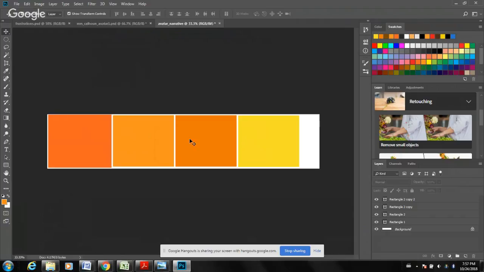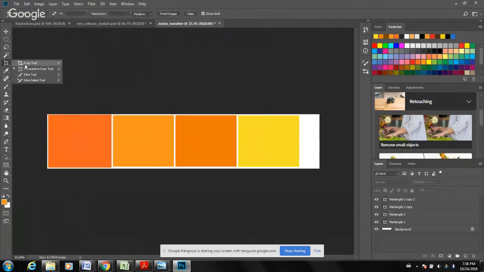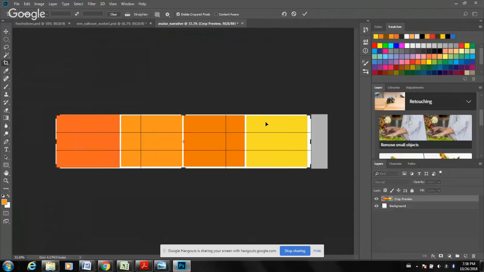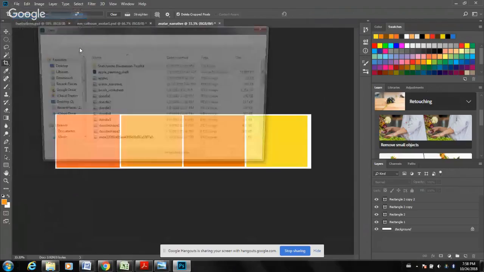These are all pretty much the same size. So I'm going to go over to my crop tool, which, where is my crop tool? Here it is, crop tool. It was underneath perspective crop tool. I'm just going to do this and double click. Now it's how I want. Okay, now I can go up to open